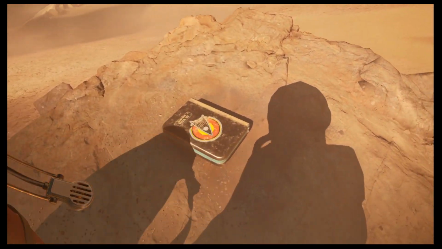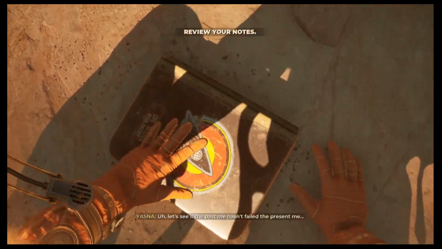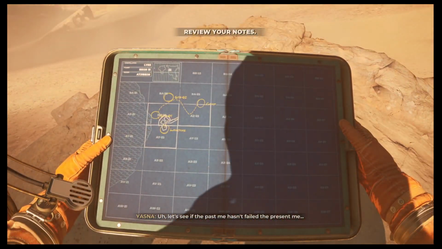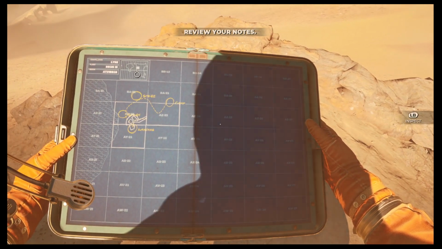Time to strap in a second here and go for a little walk. Let's see if the past me hasn't failed the present me. And let's hope she took notes. So this is the book. You're going to use this